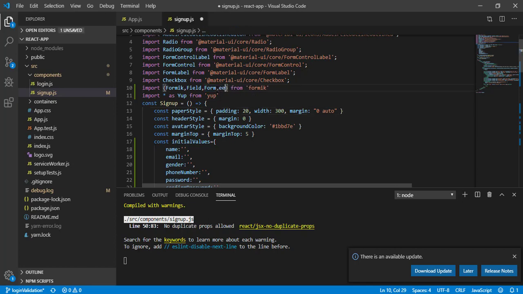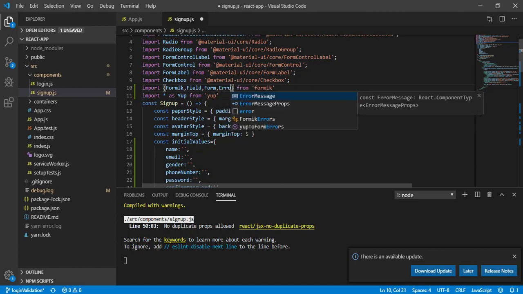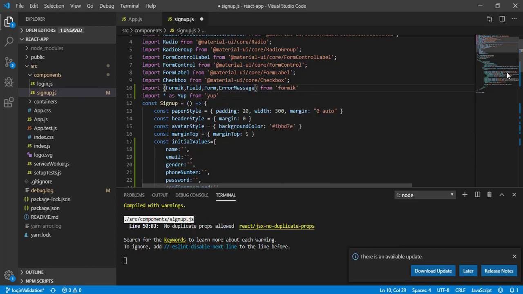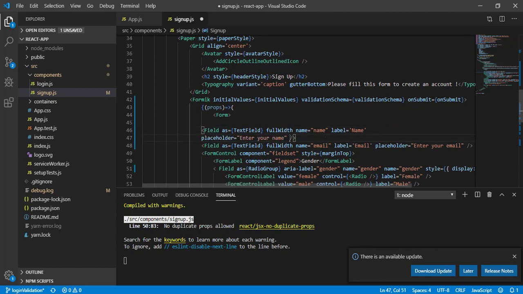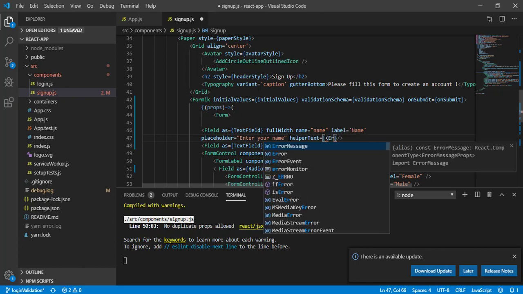Okay, so ErrorMessage from Formik, and now let's come to this component here. And here I will define this helper text. Okay, so this is going to take a component, and we are going to give component as ErrorMessage.